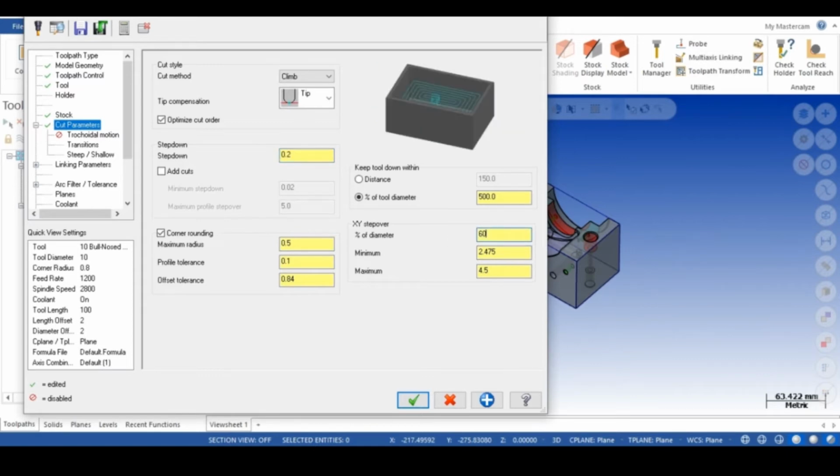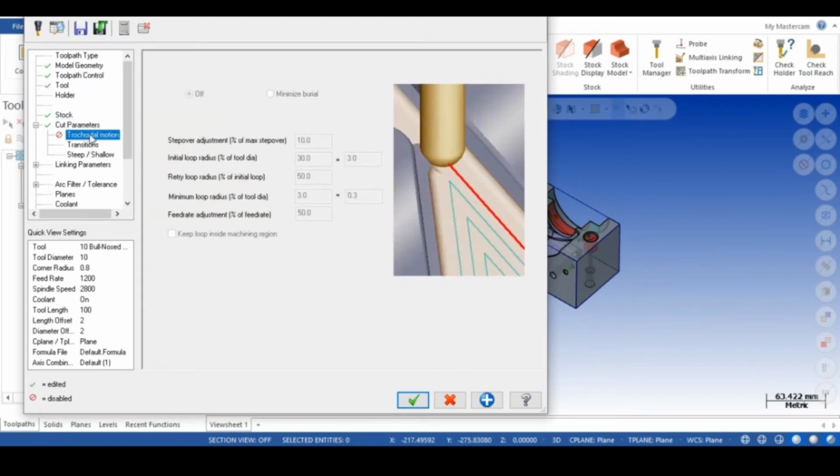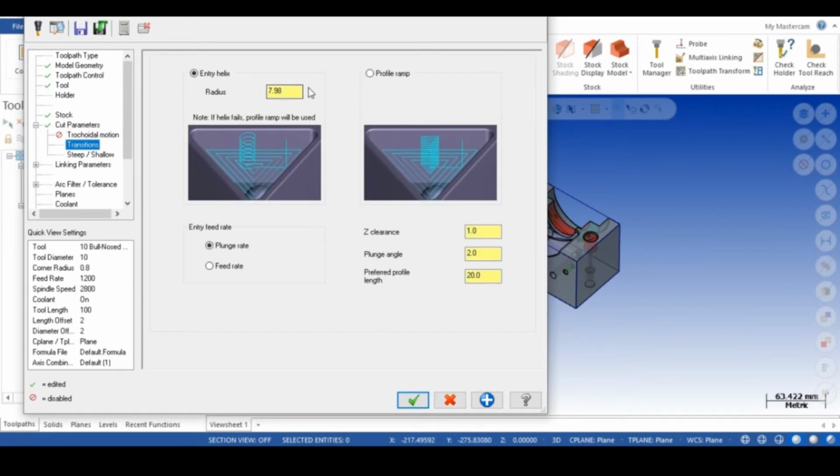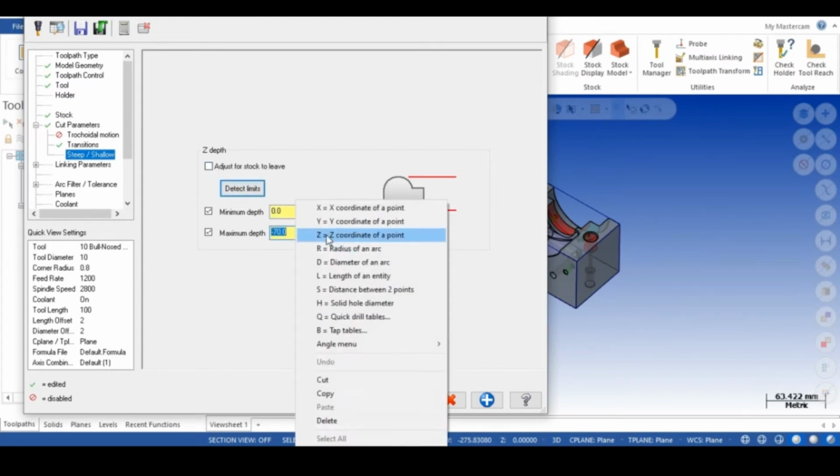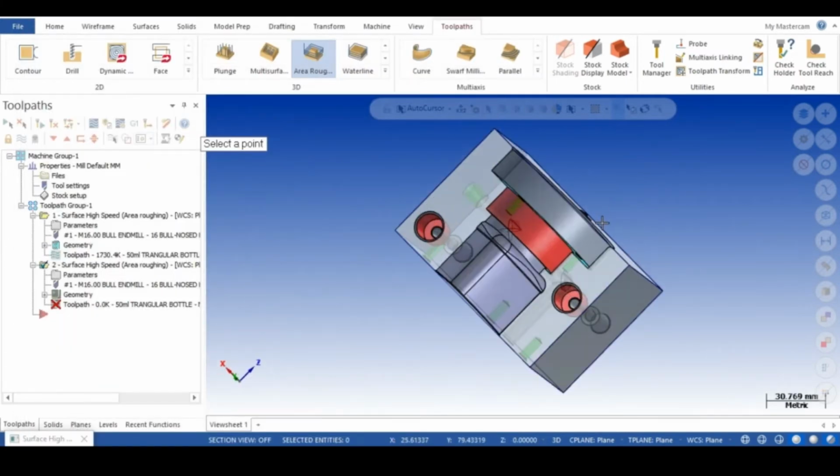Step 4 will be 60% maximum. Here I have to mention the depth, how deep the machining should go. I will mention it here.